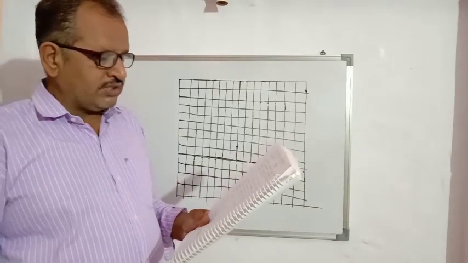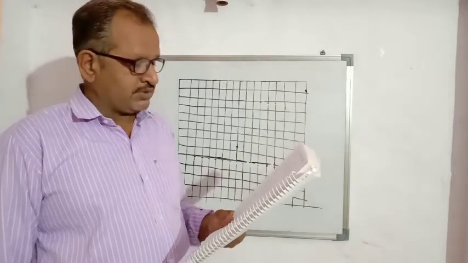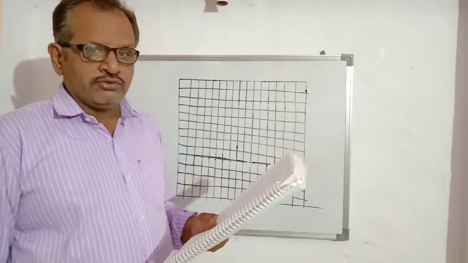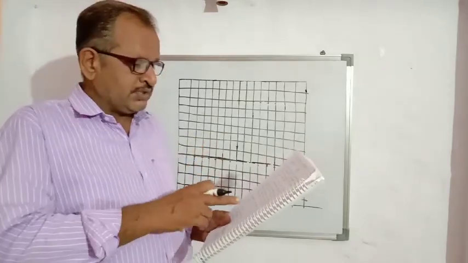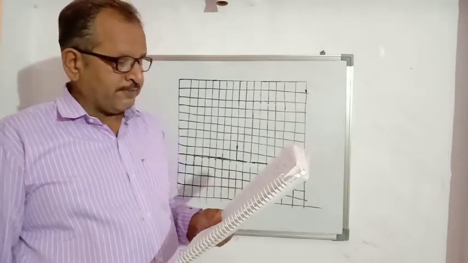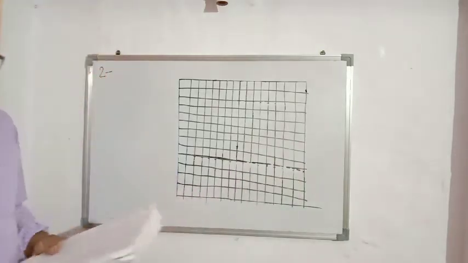Now try out with circles of different radii. We have to repeat this experiment 3-4 times. Establish the pattern between two observed values. Observed value means by counting the squares, and theoretical value means using the formula pi r square, and we have to represent it graphically. So how can we do it?